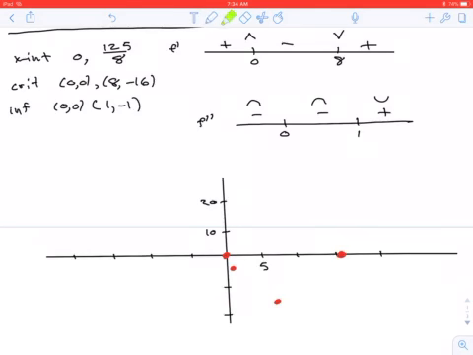So looking at our first derivative, I see that it is increasing all the way to 0, and it is concave down. So increasing, concave down. After 0, it is decreasing. It's decreasing all the way to 8, right? And it is still concave down to 1. Okay, so it is decreasing and concave down to 1. So concave down to 1. After 1, it is concave up. And that's going to go all the way to 8. So it's going to do something like